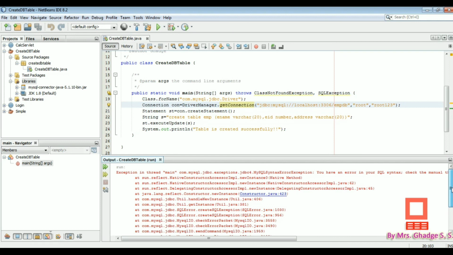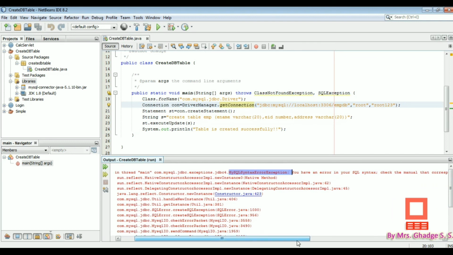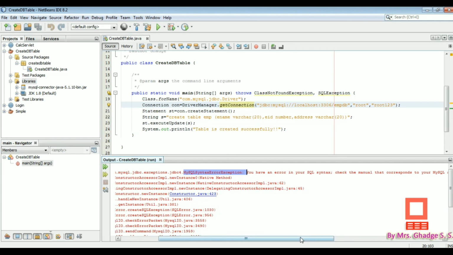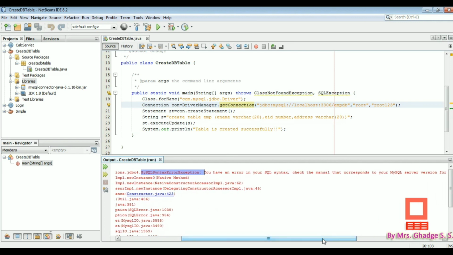One error is there, MySQLSyntaxErrorException: you have an error in your SQL syntax, check the manual that corresponds to your MySQL server version. I think there is one syntax error.